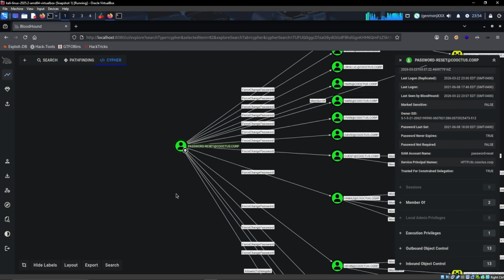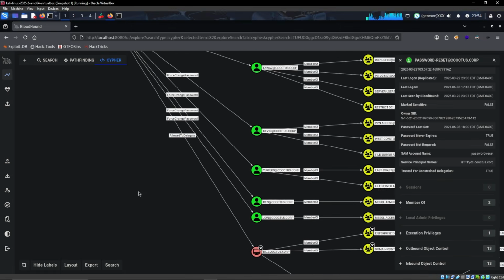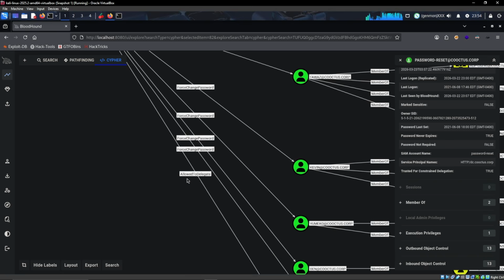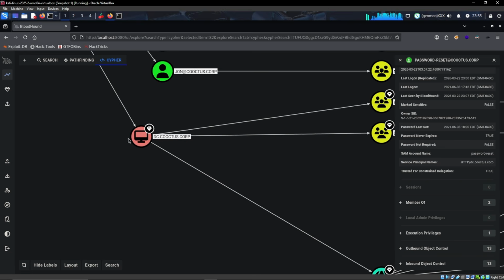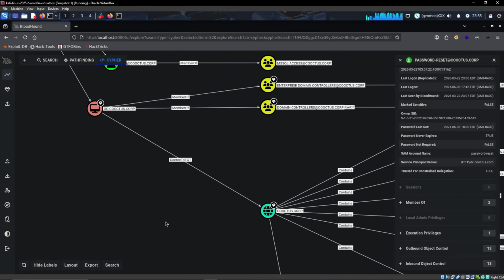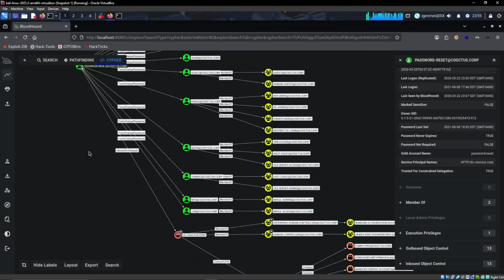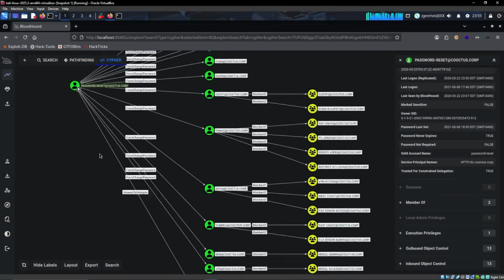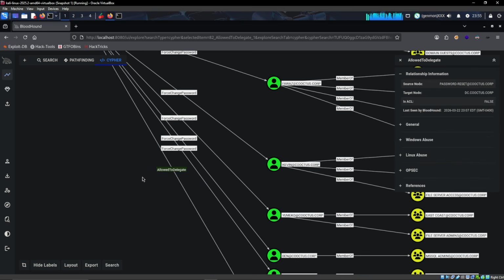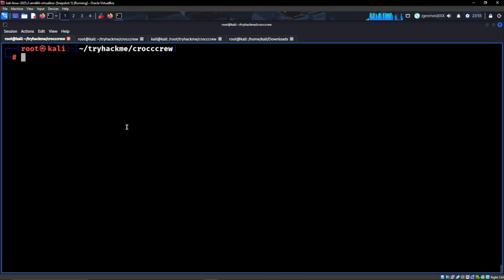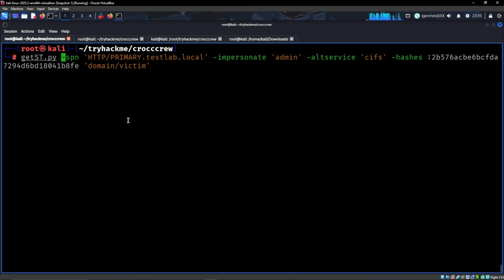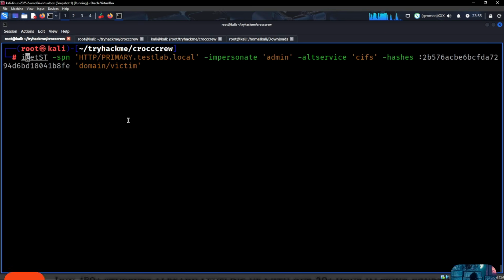And this seems like an interesting machine because it actually has the permissions to delegate, right, over the object of the machine itself. So BloodHound is very convenient because it roughly tells us how to actually abuse this. So you can click on the permission right here, and then you can click on Linux abuse, and it will give you a rough estimate in terms of how to perform this. Now you still have to know a little bit yourself in terms of how to do this. So first of all, this is going to be Impacket,